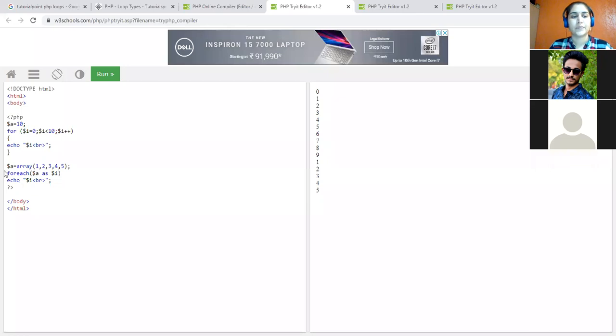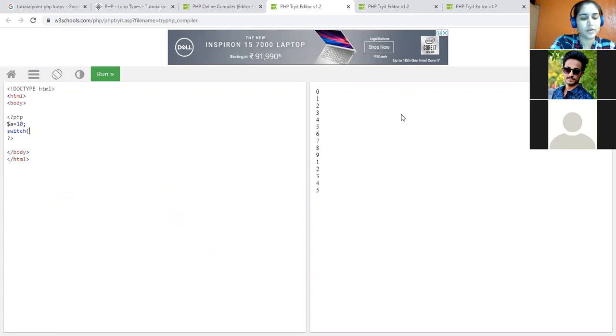What else? Which other loops? The switch is again there. So same as in C++, you can use the switch here. Switch, then you have to put a variable. Suppose I'm putting over here $A, which I have initialized as 10, and simply the number of cases I have to use, and for each case there should be a break statement at the end, because it will execute one case only. Otherwise, it will execute the further cases as well.